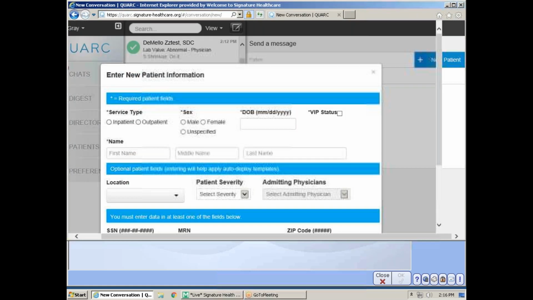If you do, you're going to see this. And this is not anything a provider should have to fill out or complete. These are patients that are already in the system. So in order to remove this, what I would recommend is that you avoid